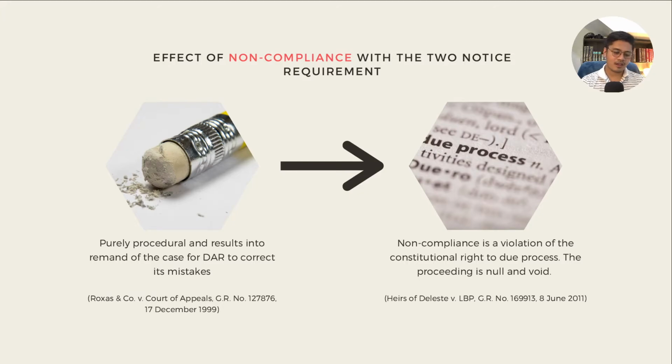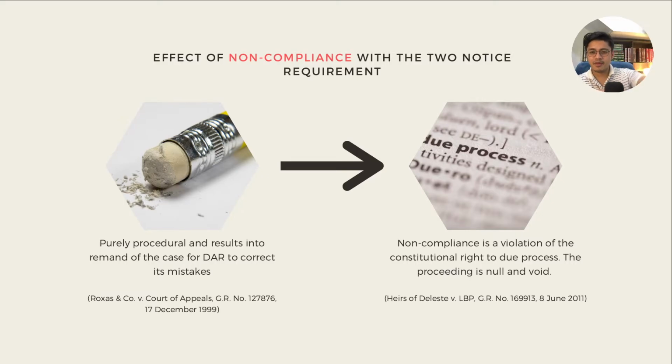Because these requirements are found under rules of procedure in administrative cases, according to the court in Rojas and Company versus Court of Appeals in 1999. These non-compliance or irregularities are characterized as purely procedural, and therefore it will not result into a declaration of nullity of the whole proceedings. If at all, this irregularity in purely procedural aspects will warrant the remand of